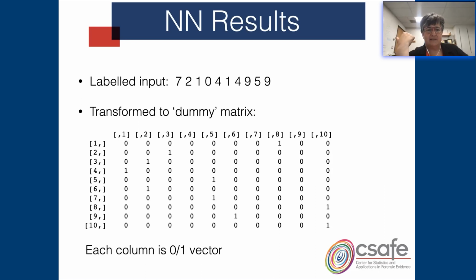So the first input is a 7, so column number 8 has a 1 in the first row. Column number 3 has a 1 in the second row, and so on. So that's our dummy matrix. So each column is a 0, 1 vector. So column 1 contains ones for all of the